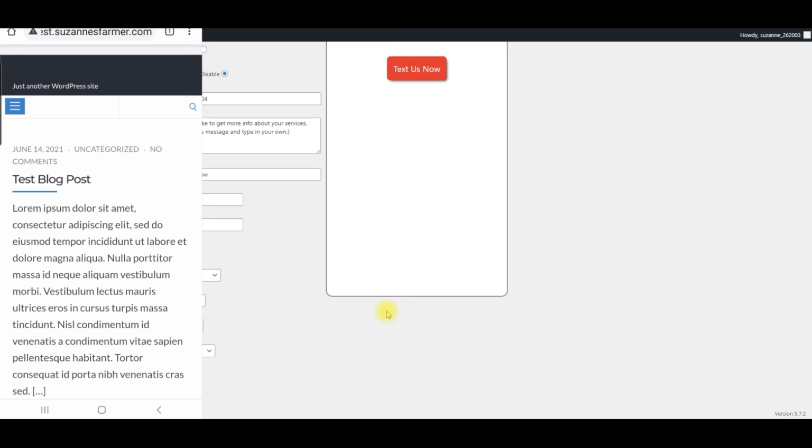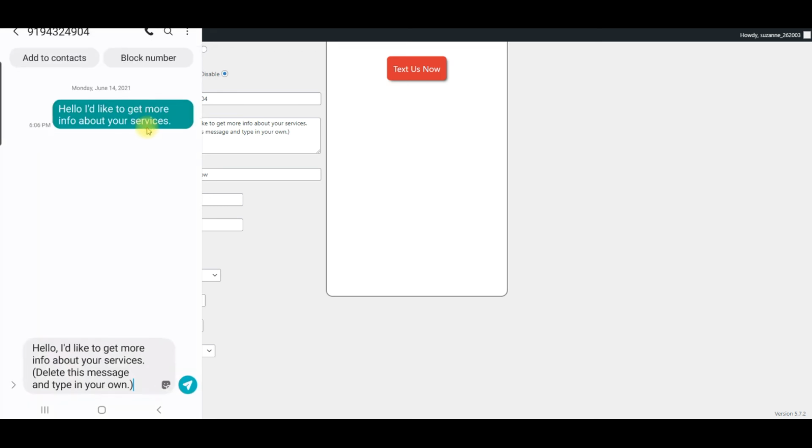Okay, so I have gone to my test site that I installed the button on, and you'll see that it's showing the Text Us Now. So when I hit Text Us Now, you see right here exactly what I typed in.